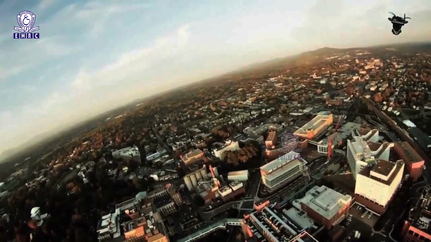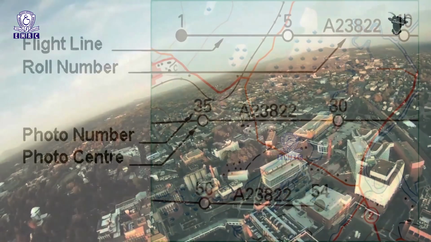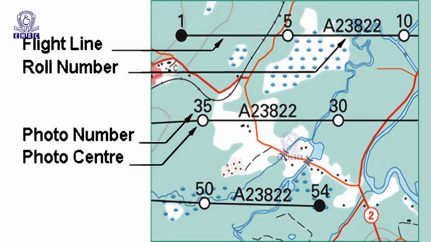Roll and photo number. Each aerial photo is assigned a unique index number according to the photo's roll, and for example a photo A23823 5 is the 35th annotated photo on the roll A23822 flight lines. An index map at the end of the photo